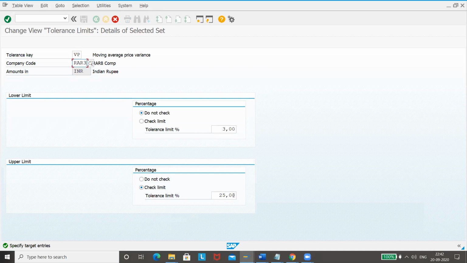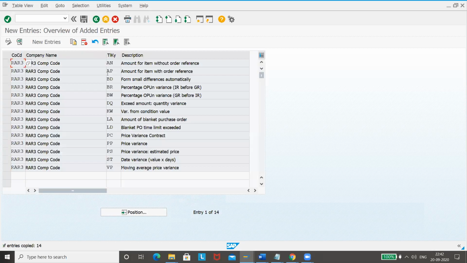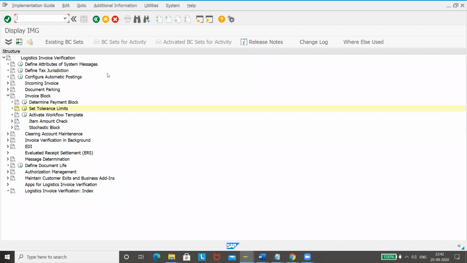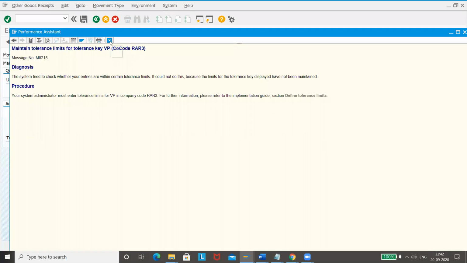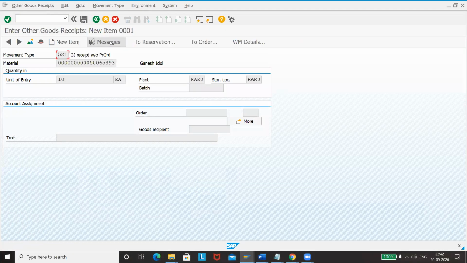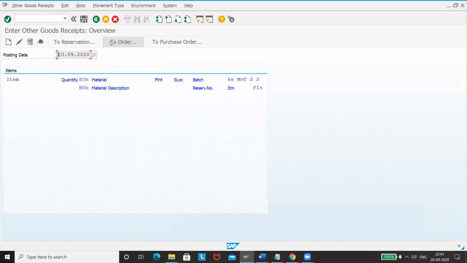Just maintain some percentage here. That's it. If you don't maintain it, it won't allow you. Now we have maintained everything. Save this. Now that these settings are also maintained, this error shouldn't come, but we can expect some other errors if there are any. Okay, so it is not allowing. Let us come completely out of it and then try again.